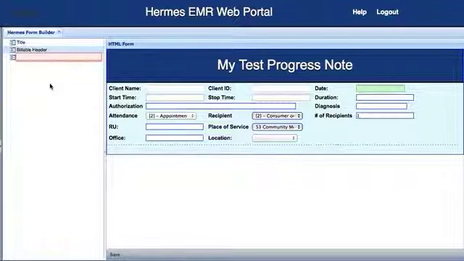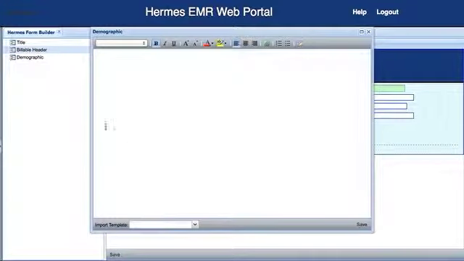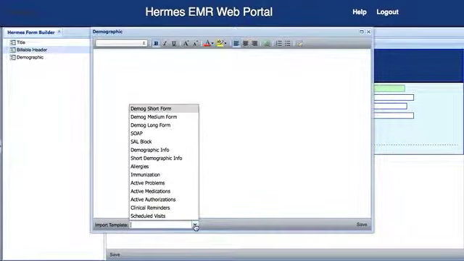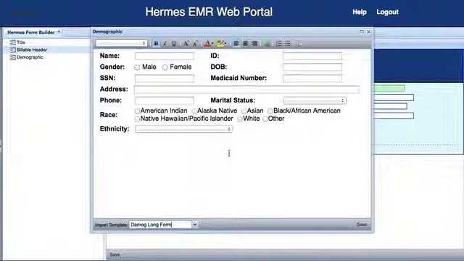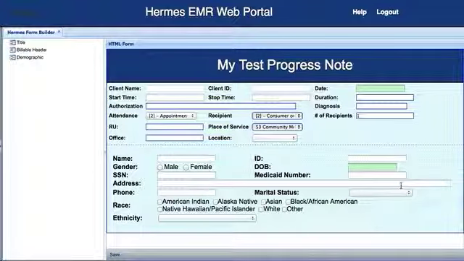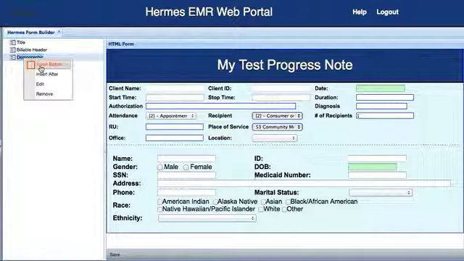Let's call it demographic. Okay. Let's just pick a demographic with pre-built. Let's pick this long version, and so that would be, again, you have a demographic section here loaded. So now let us insert something of our own. Let's call it